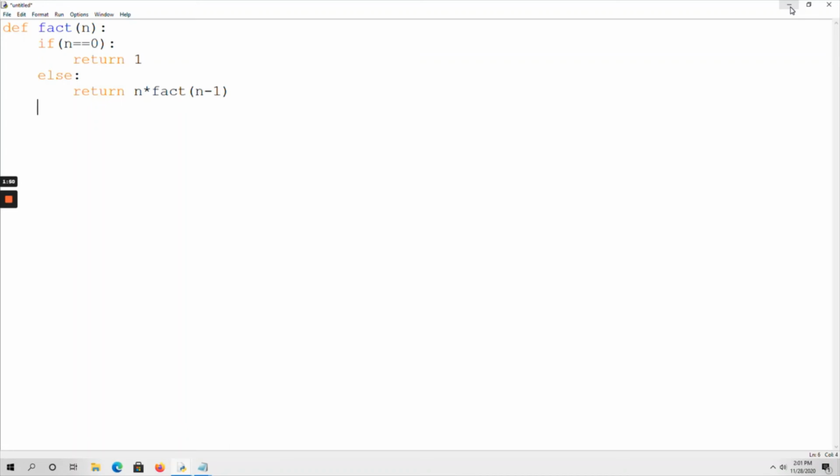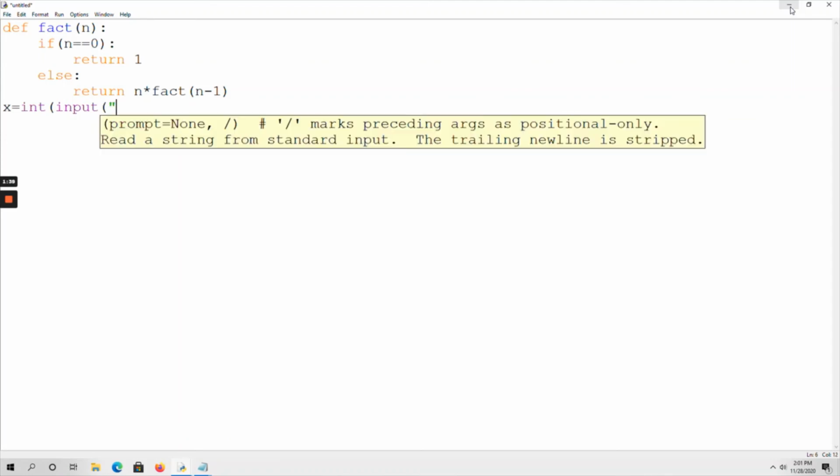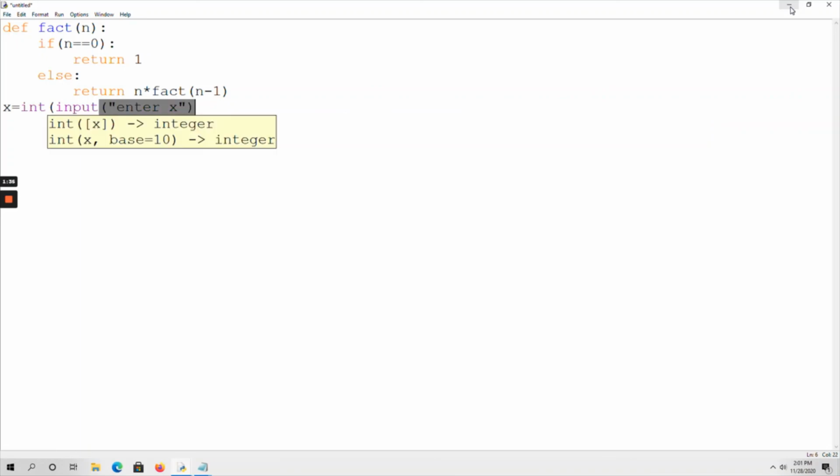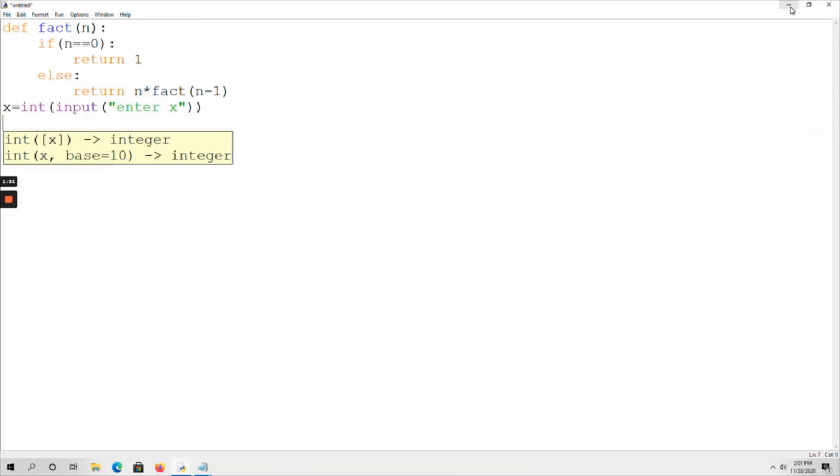Now I am taking a variable x. By using the input function I am giving the input to the x variable. As the input function returns a string value, I have used int before that. So I am taking y and I am assigning fact of x to that.